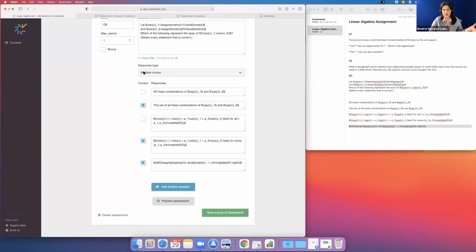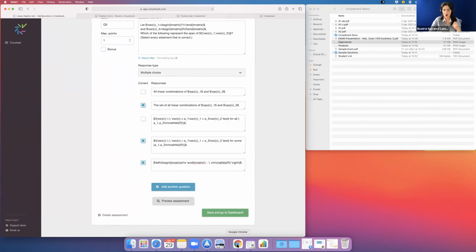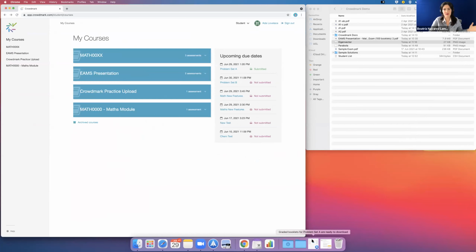So one thing that you could be wondering is, how does it feel from the student point of view? Because some people worry, oh, for every question they have to submit a new PDF file, that's too much work. I've heard that from many people. Students love Carmark and they think it's very simple. And what I want to do is show you how it looks from the student point of view.